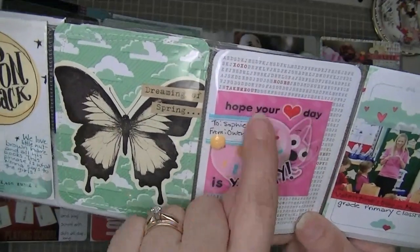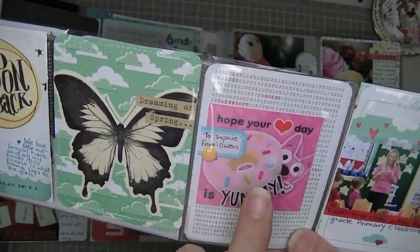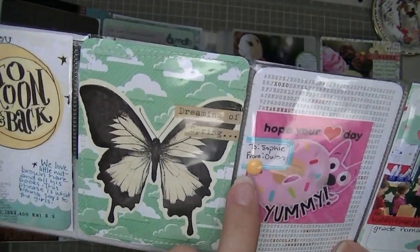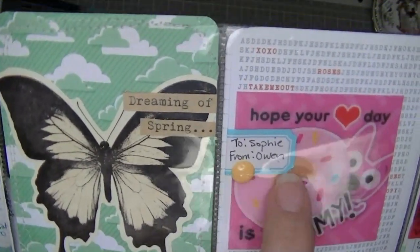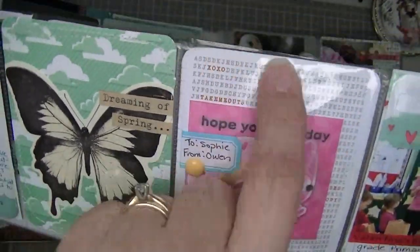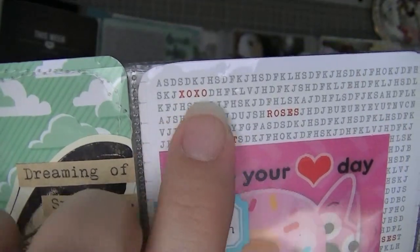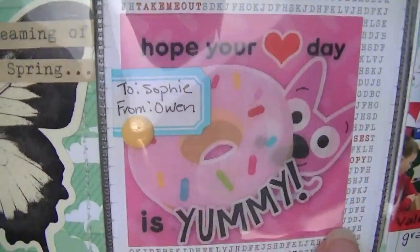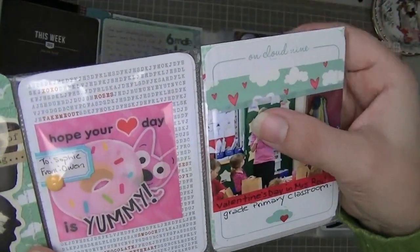This is a Valentine's Day card, just one of a little Valentine that came in Sophie's grab bag. So I just wrote to Sophie from Owen because that's on the back, and I used an enamel dot. That's a Martha Stewart label. This background card is a Studio Calico card that's a word search, and it has all the Valentine's related words in red. And then this is a picture of